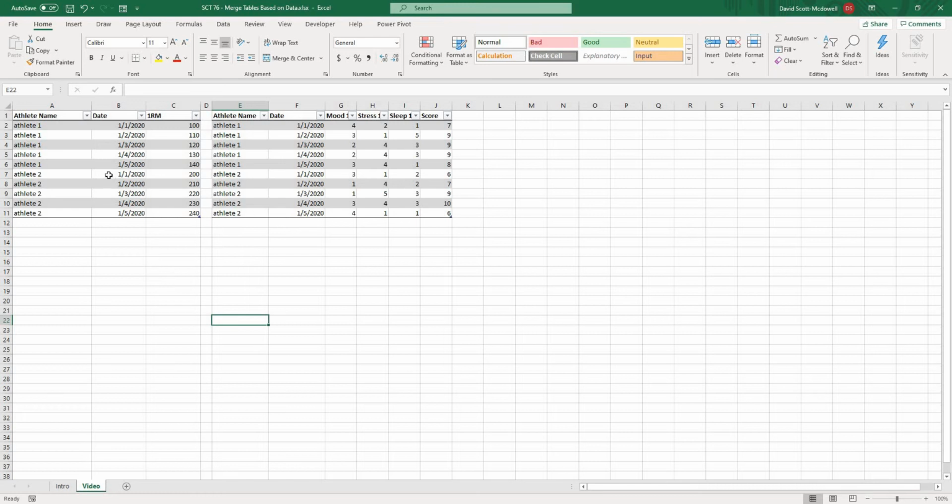And what we want to do is, in a master table, every time there is a value for athlete 1 on a date, we want to pull all of that into one table. So for example, we might want to know what the 1RM was in the table when the mood was 7, 9, 9, etc. Okay, so I'm going to pull both of these tables together into one master